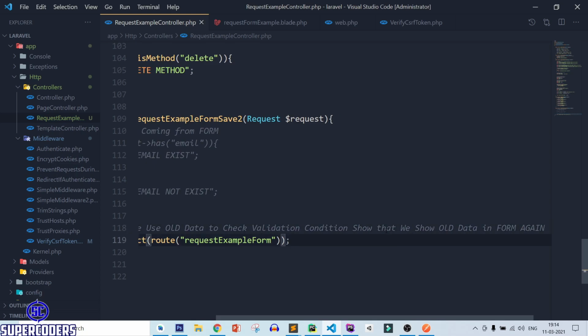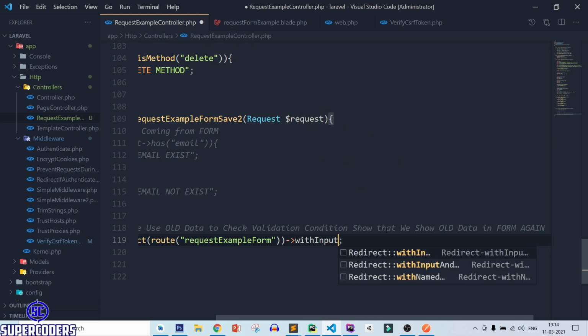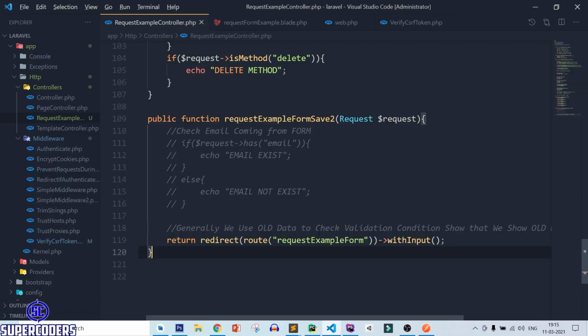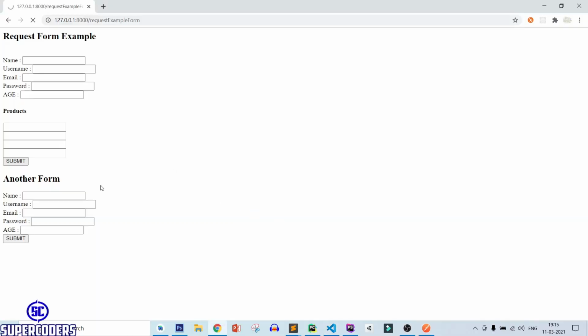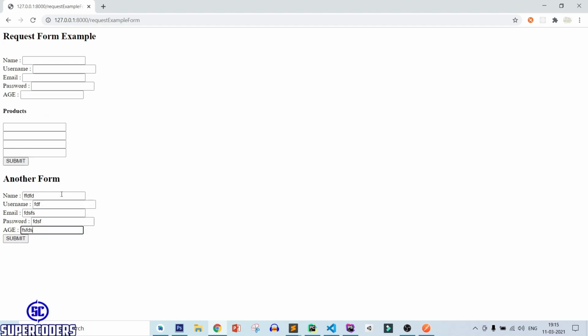Save it. Now for this you need to add with input. So after that, refresh page and try to submit the form. Enter, and you can see it is working.